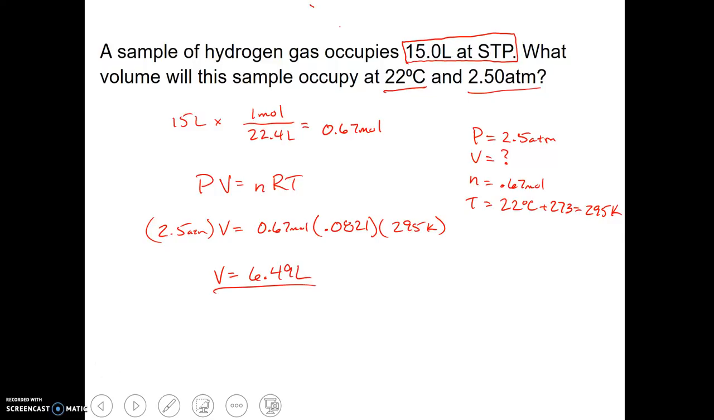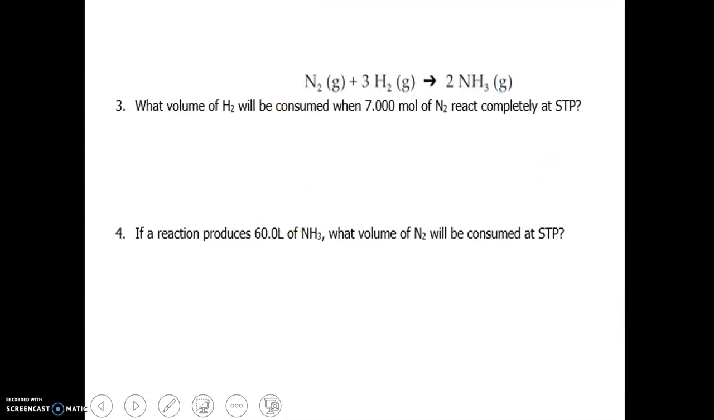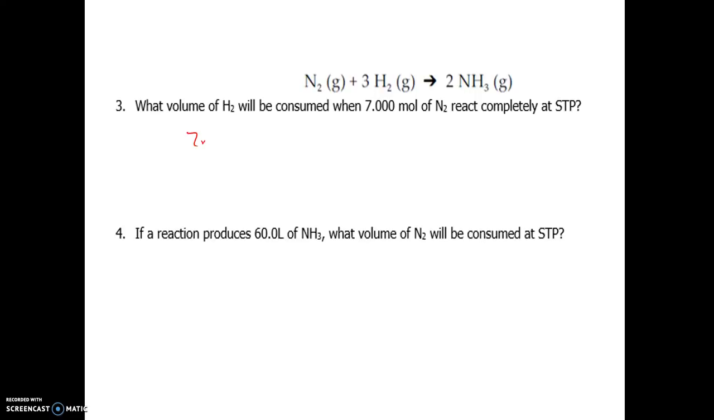So our next question actually gets into more of the stoichiometry side, where we begin using it in terms of reactions. And so our first reaction here is nitrogen gas plus hydrogen gas produces ammonia. Now our first question says what volume of H2 will be consumed when 7 moles of nitrogen completely react at STP. So since we're given 7 moles of nitrogen, one of our first steps in trying to go from nitrogen